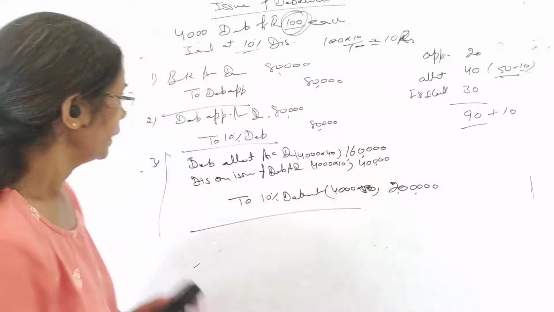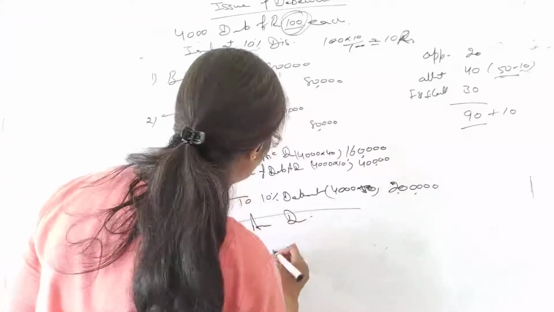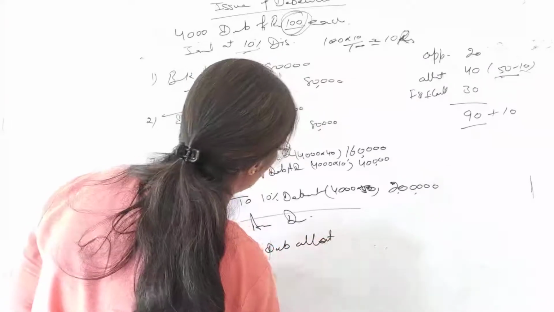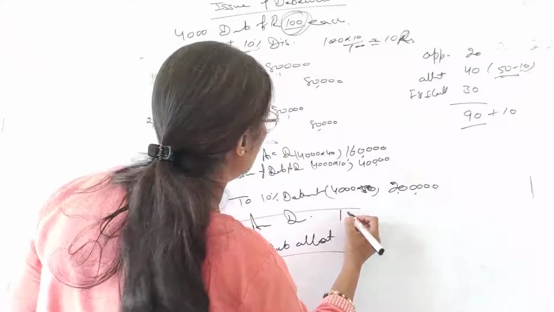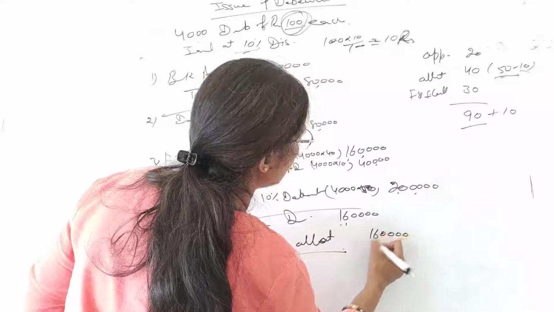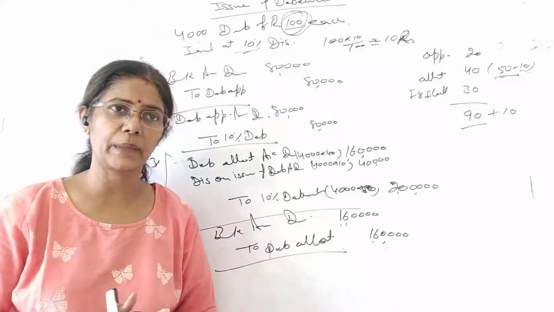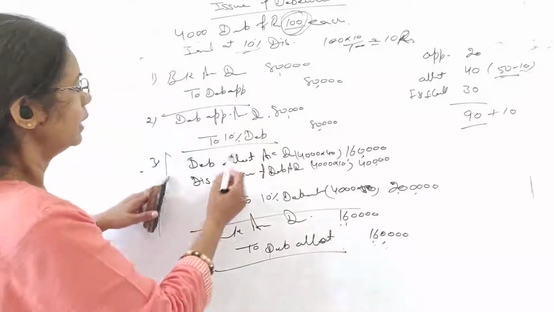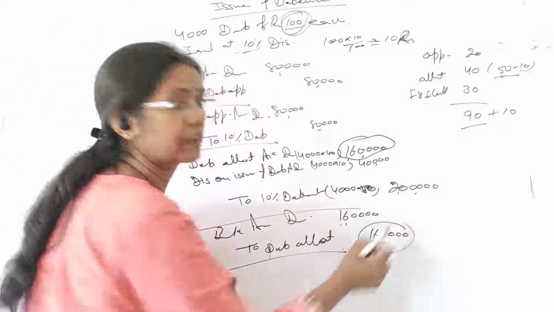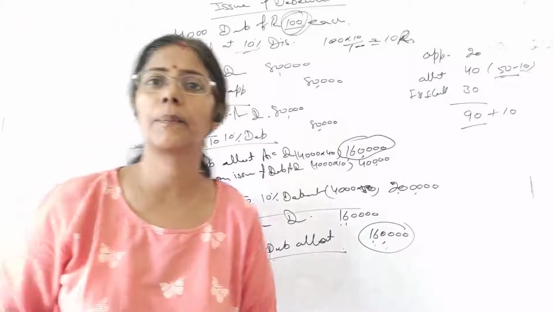Yes. Okay. So this was due, and now you will receive bank account debit to debenture allotment. How much you are going to receive? Yes, how much you are receiving? 1,60,000. And we have to follow the same principle, just verify it. Debenture allotment has been debited by 1,60,000, so it is credited by 1,60,000. Is that clear? Yes. Everyone is clear?